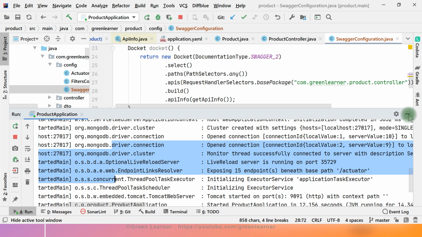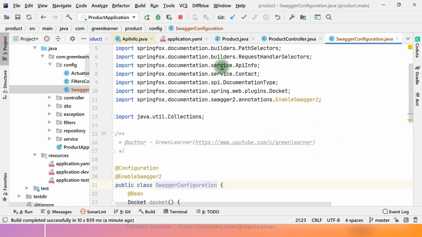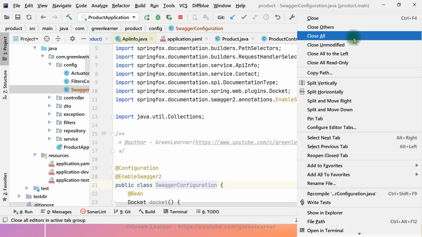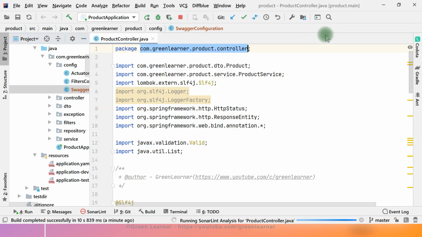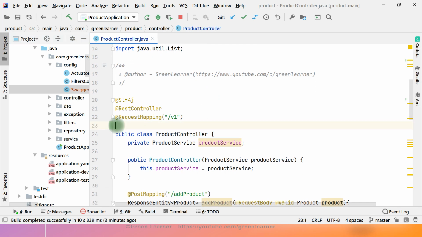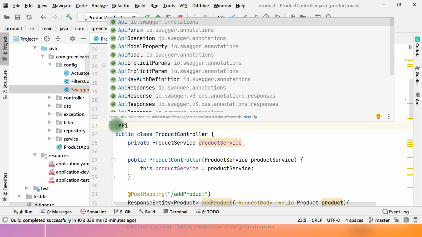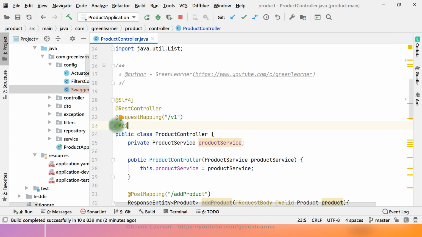Now coming to the annotations part, just close all these things and go to the controller part here. First I want to customize this one, right? So just taking the annotation, API, you can see that it is coming from Swagger itself. Just go here and put some description.